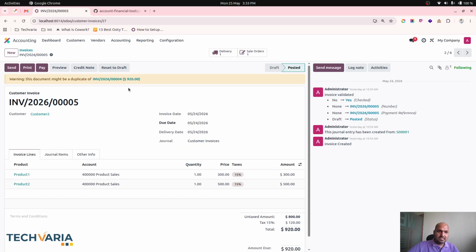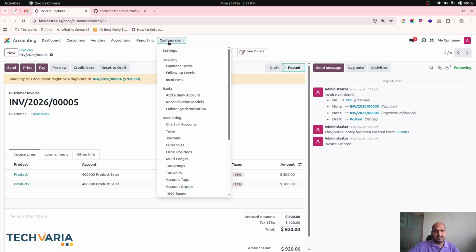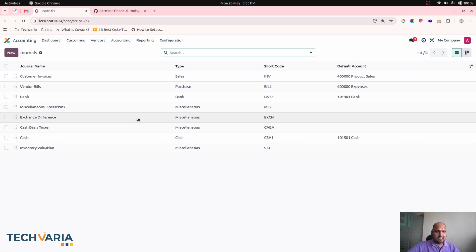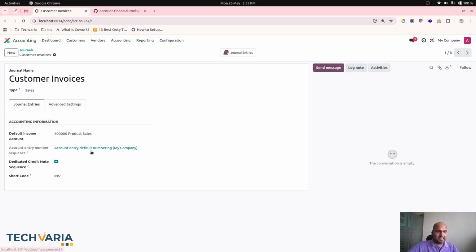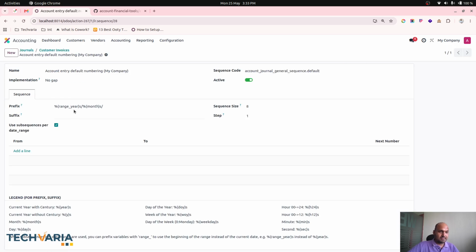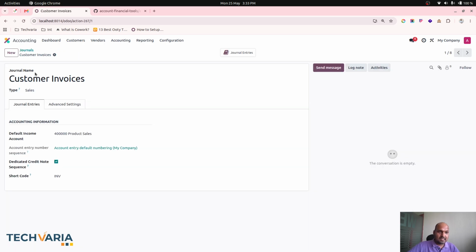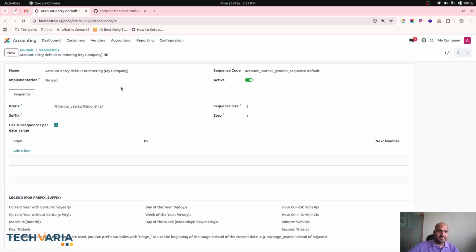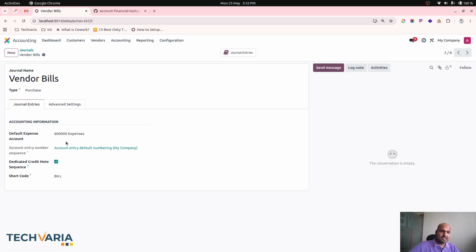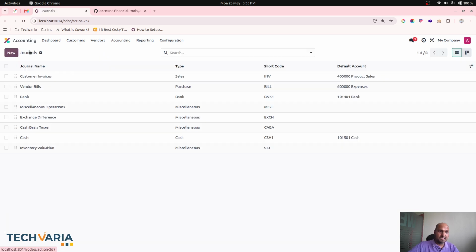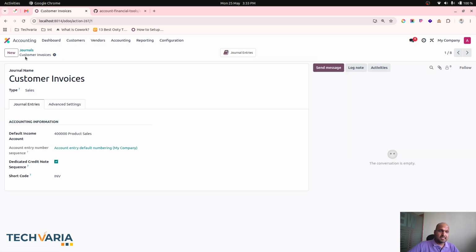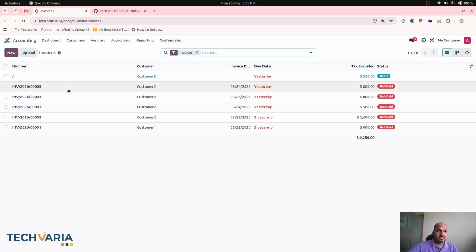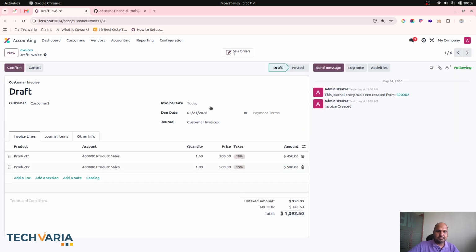Once installed, you will be able to see on journals a separate entry like Account Entry Number Sequence, where you can set a separate sequence number. So this sequence number you can do one after another, mainly for all your sequences to remember. So here, let's say I have installed this module after creating a few invoices. Now, if I am creating this particular invoice today,